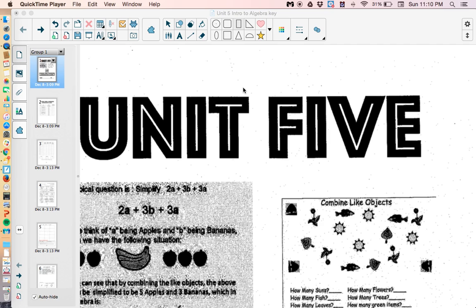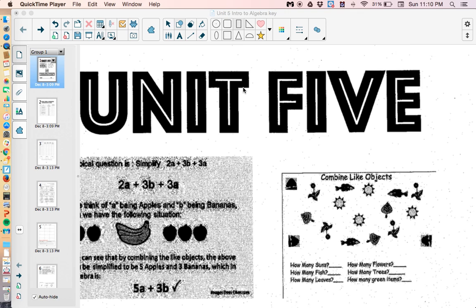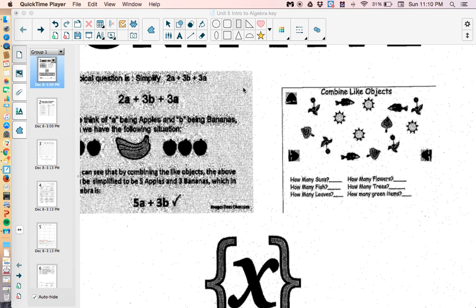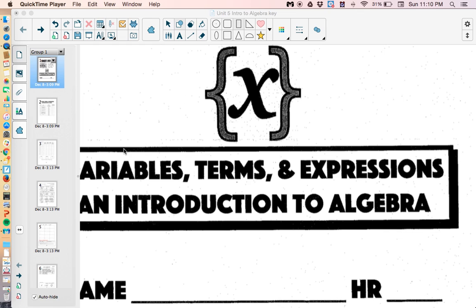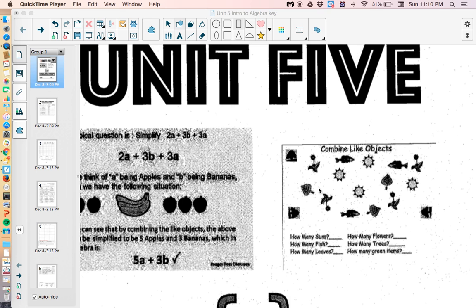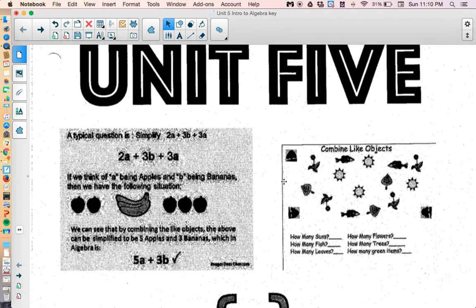So here we have Unit 5. We get to introduce algebra. We're going to learn some basics about algebra, including variables, terms, and expressions. And over here you see combining like terms. You also see